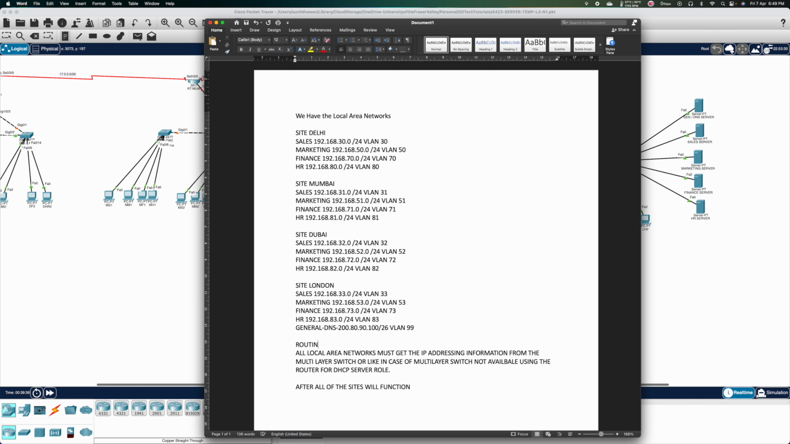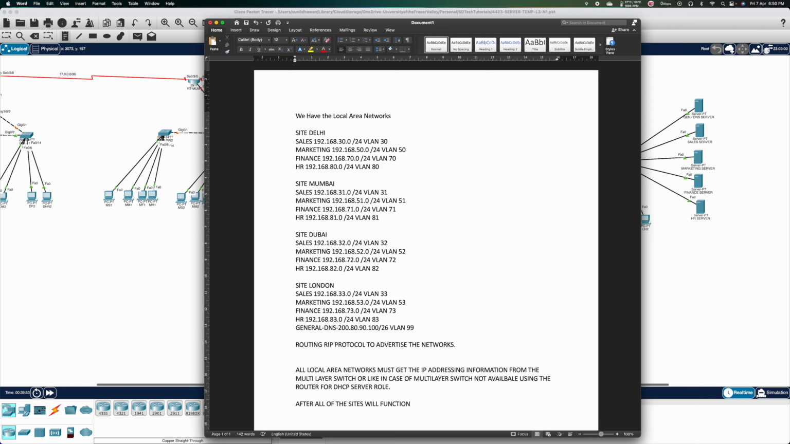For routing, I'm using the RIP protocol to advertise the networks. Along with it, we will also be implementing ACLs here, but that will be part of the next video. Okay, so let's complete the first set where we will be doing up to the routing process. Along with it, we'll be configuring the different servers to host their relevant departmental websites plus the general